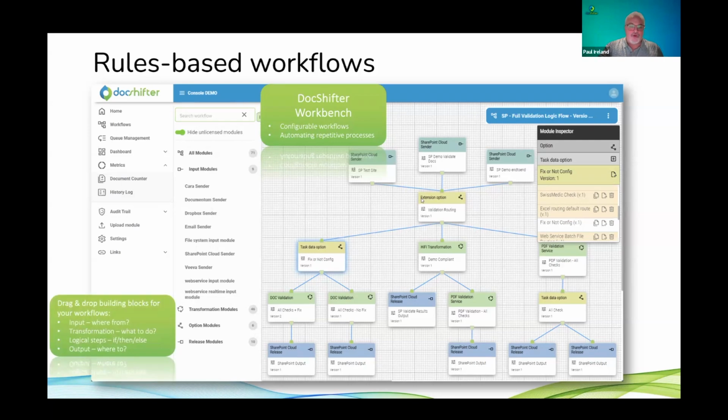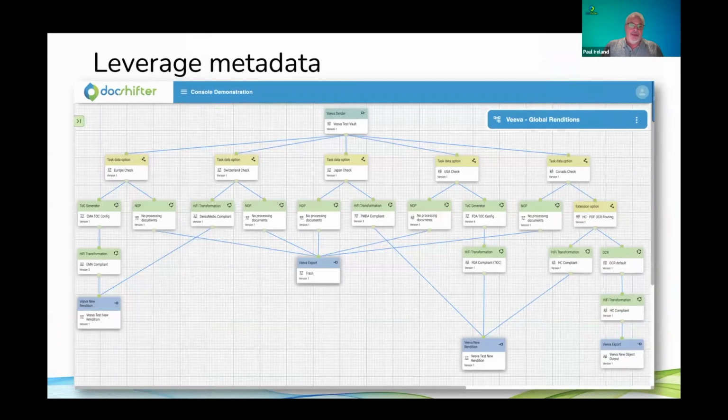So again, these workflows are running in the background, they're configured, and they're left running. When I talk about leveraging the metadata, those are just points in the workflow. So I'm monitoring, in this case, just an example using Viva, a repository. And what I'm doing here is I'm looking at different steps where I'm looking at the metadata that's available, saying, in this case,